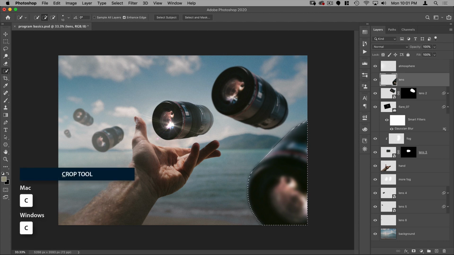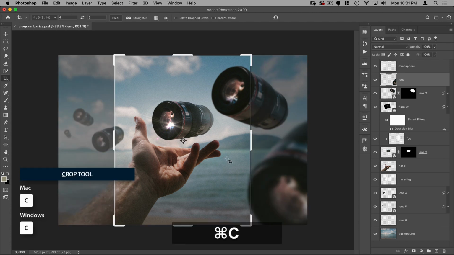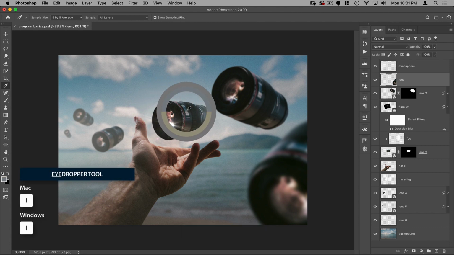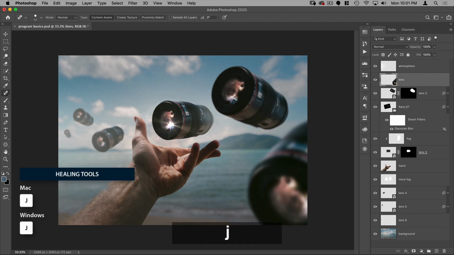Next, we have the Crop tool. If I hit C on the keyboard, that brings up the Crop tool. Next is the Eyedropper tool, and that's I, and that allows me to select colors. Next, we have the Spot Healing tools, that's J, and that allows me to do spot healing with the spot